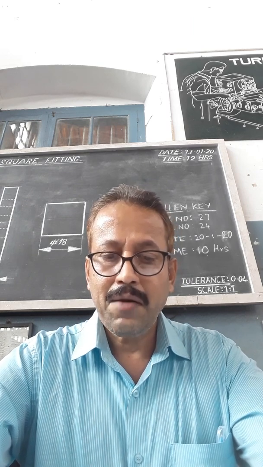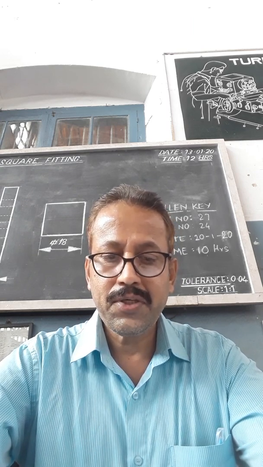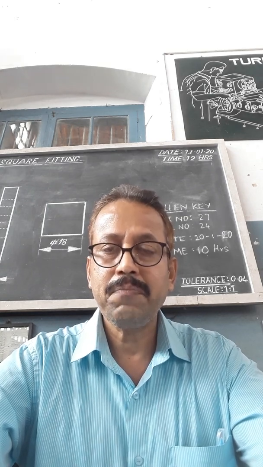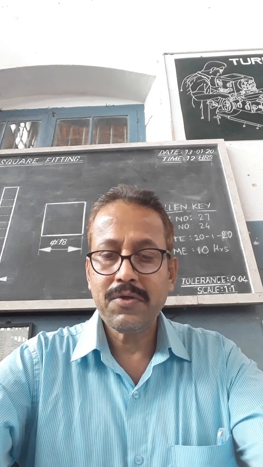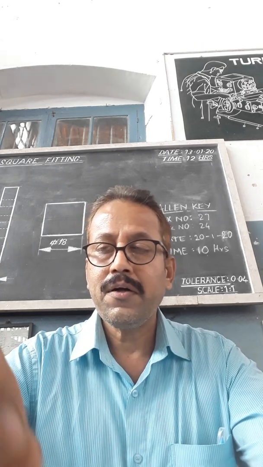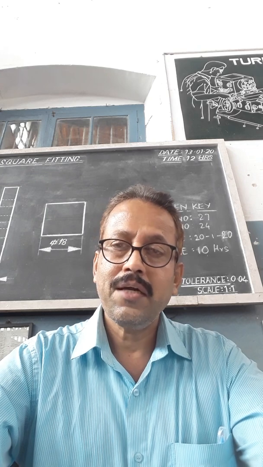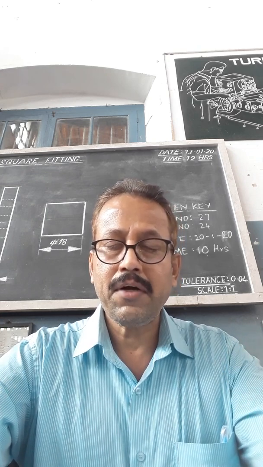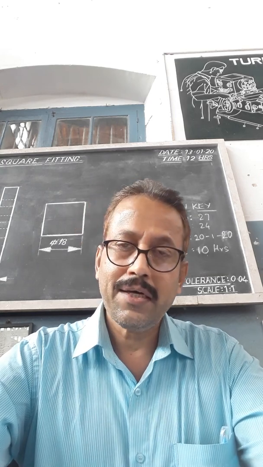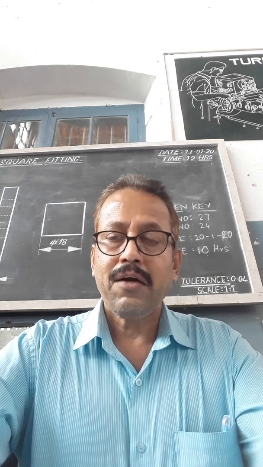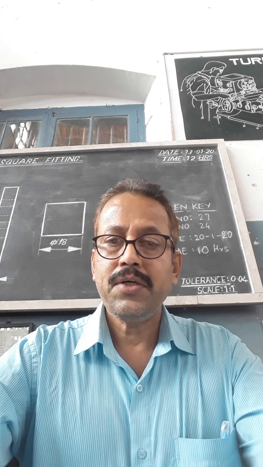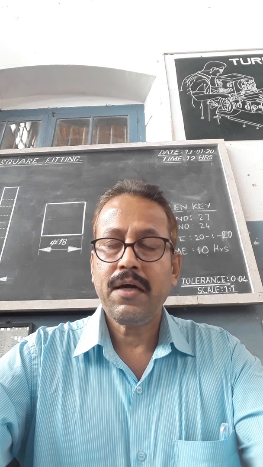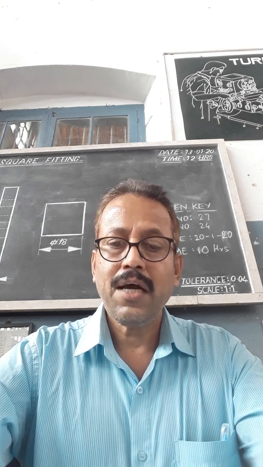A sine bar is a precision measuring instrument for checking and setting of angles. For checking the angles and also for setting a particular angle, the sine bar is used. Easily we can use the sine bar when the angular job is already finished and we want to check the correct angle very accurately. And second, when a certain angle is to be measured or marked, for marking the particular correct angle, the sine bar is used.